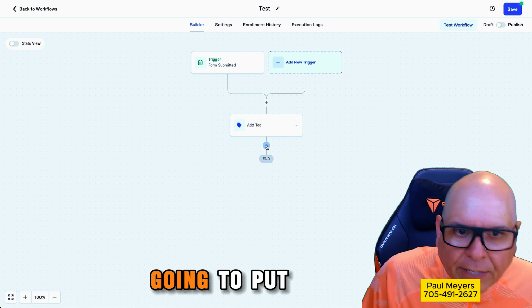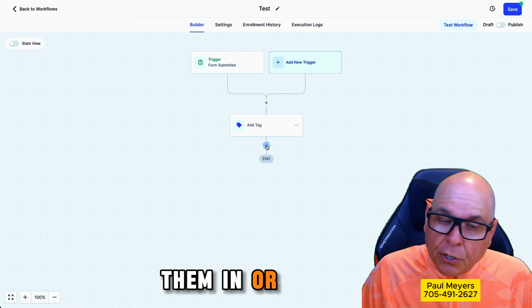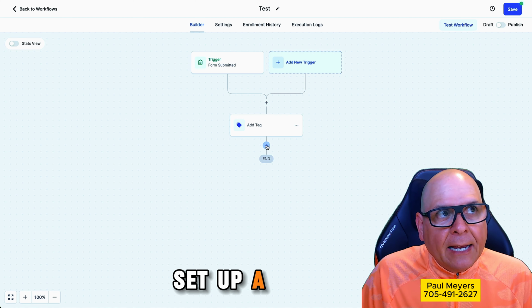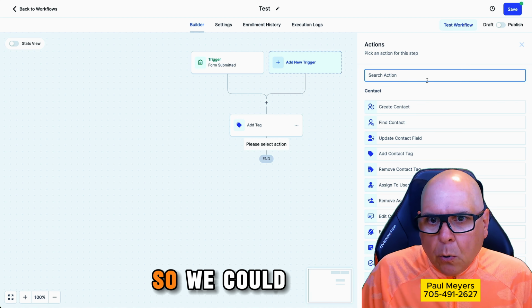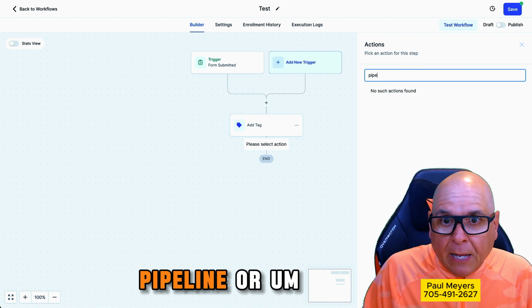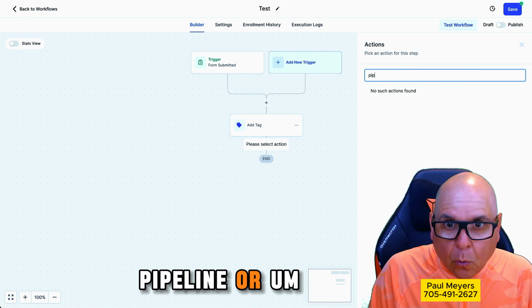We are now going to put them in, or you can set up a pipeline. So we could add, let's say, pipeline, or it's called opportunity. We can create an opportunity in whatever pipeline we choose. Let's say it's Human Touch. Now these are already pre-done, okay? The pipeline stage is a new lead. The opportunity name is, I'm just going to put down here,